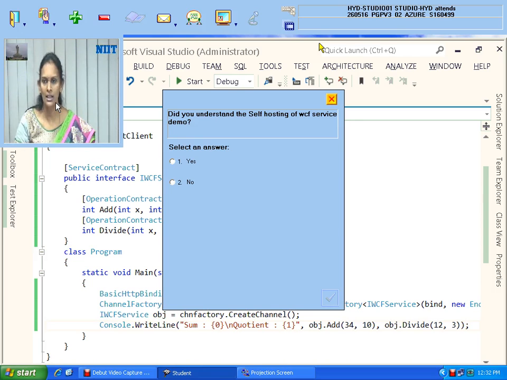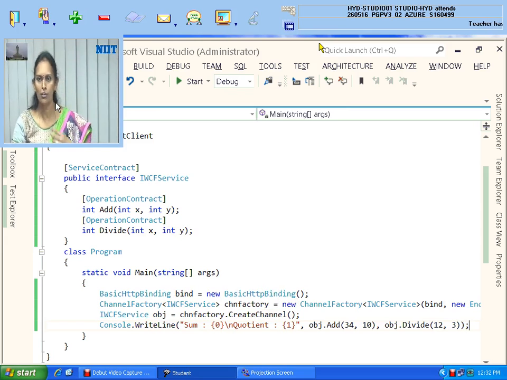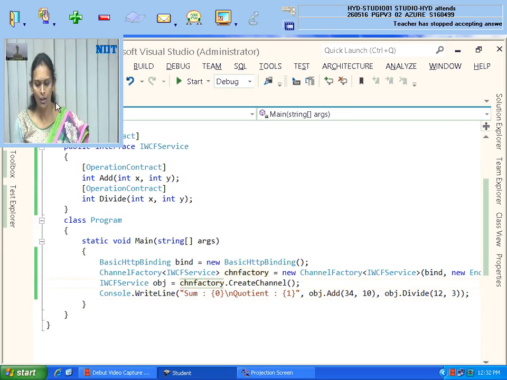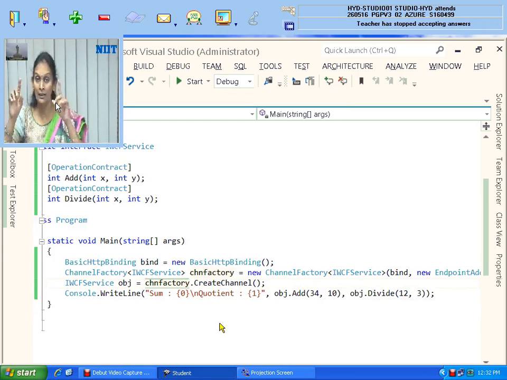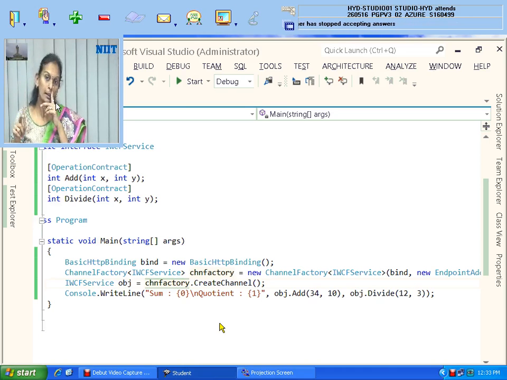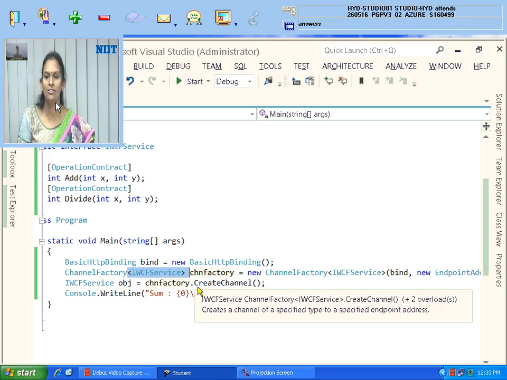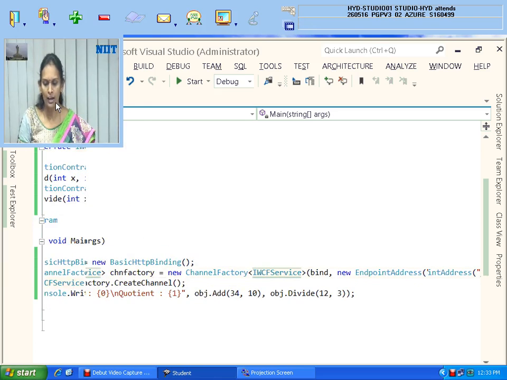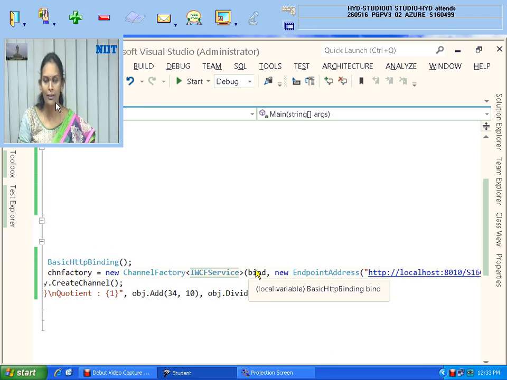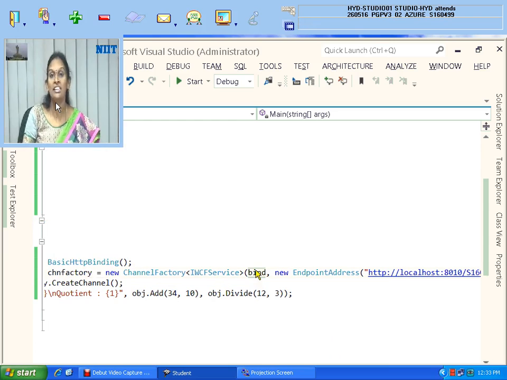Want to see the syntax of channel selection? Okay, I'll show you. That is there anyway in your document also. If you want to see the channel factory creation, in the brackets you give 2 arguments, only binding and endpoint address. But the interface name you should give in less than, greater than symbols of the channel factory. In the brackets, the binding variable comes first. Of the CBA, only binding and address.